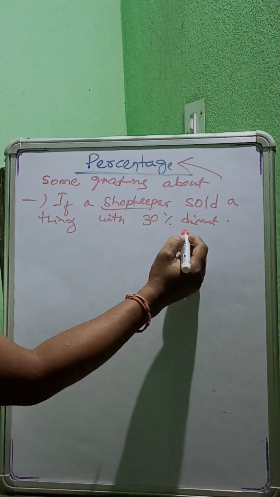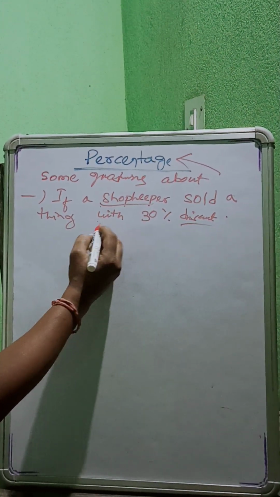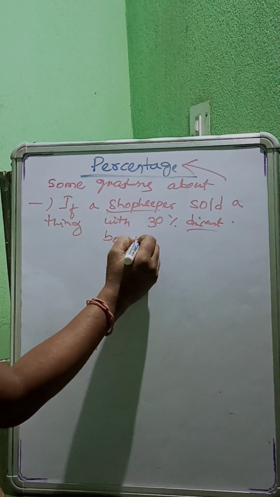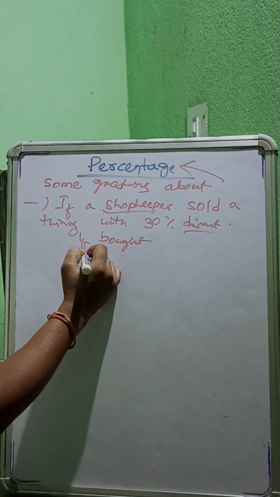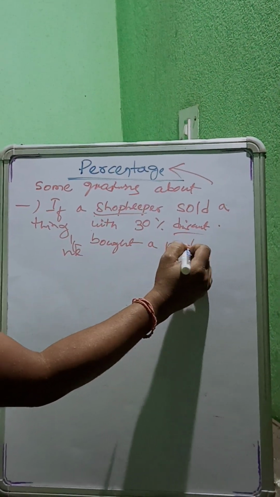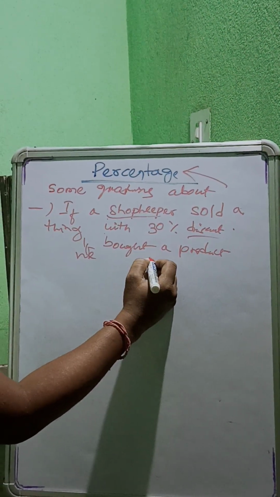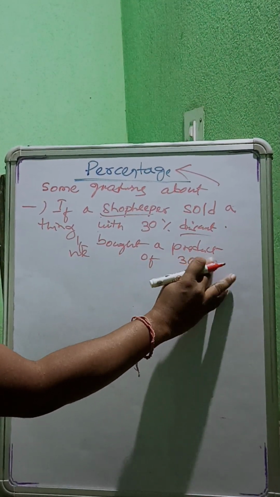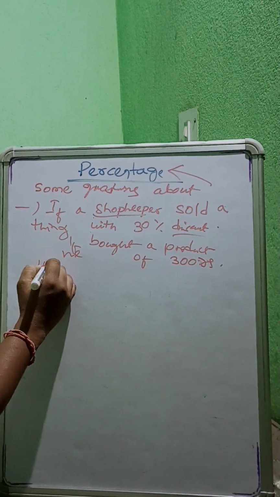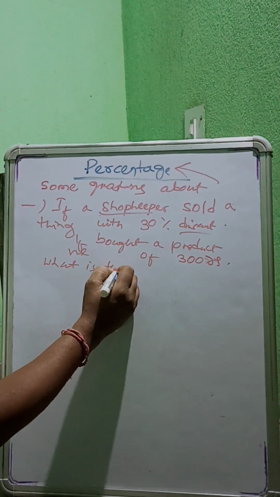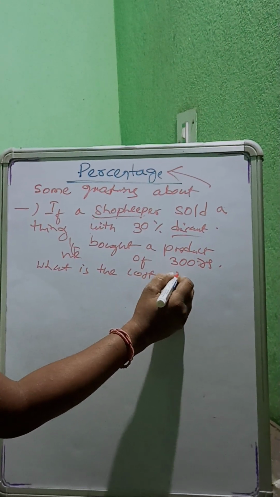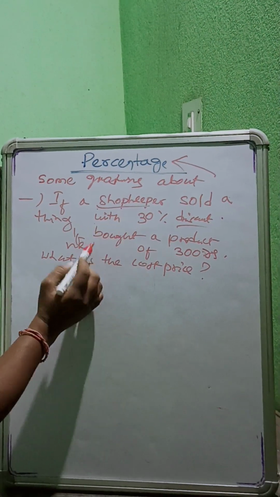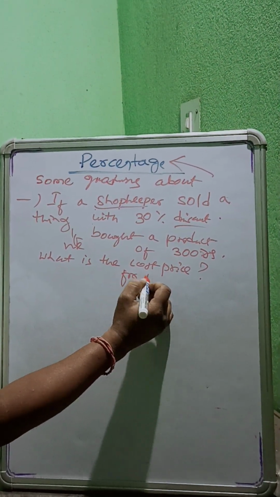If a shopkeeper gave 30% discount and he bought a product, or the thing of 300 rupees, sorry, 300 rupees, what is the cost price? What is the cost price? So cost price for the buyer,